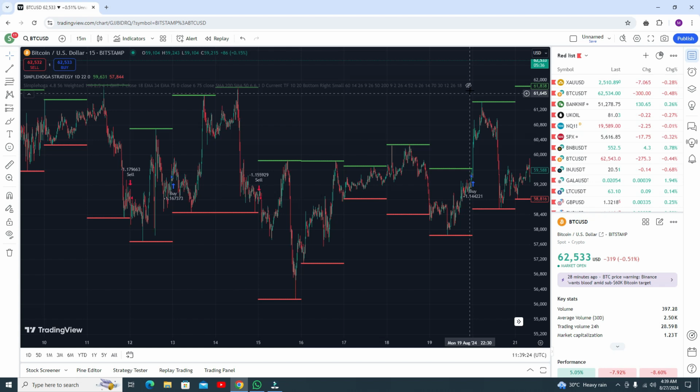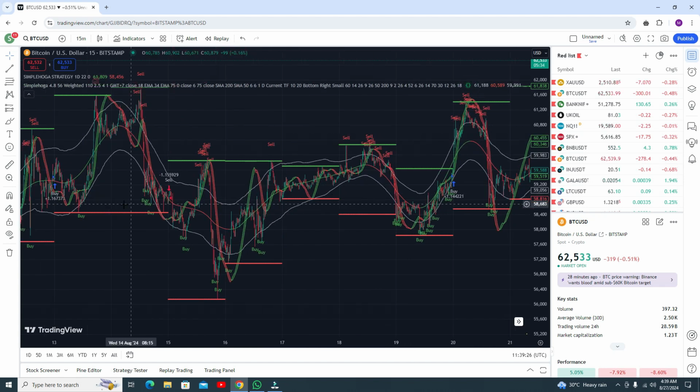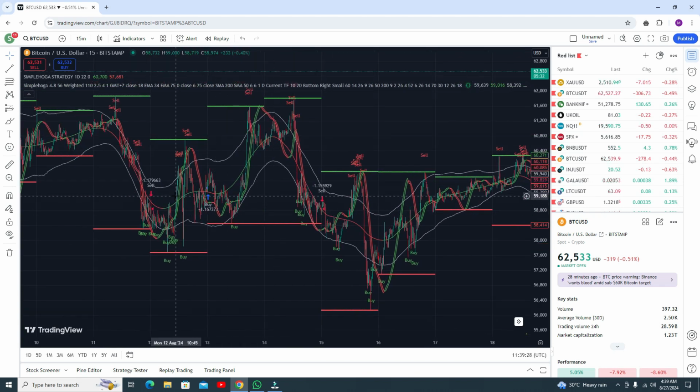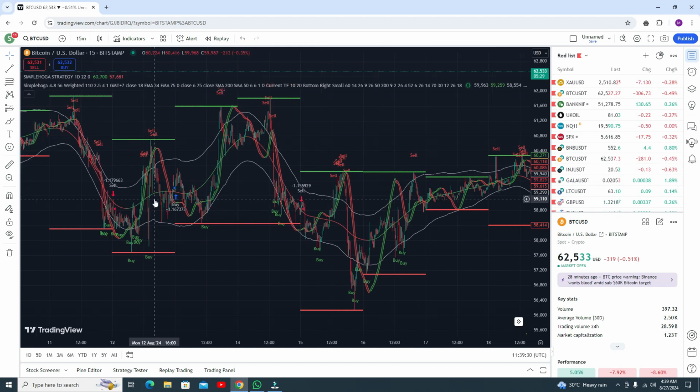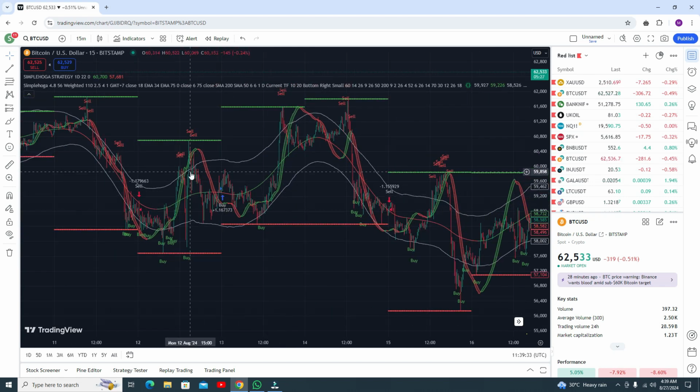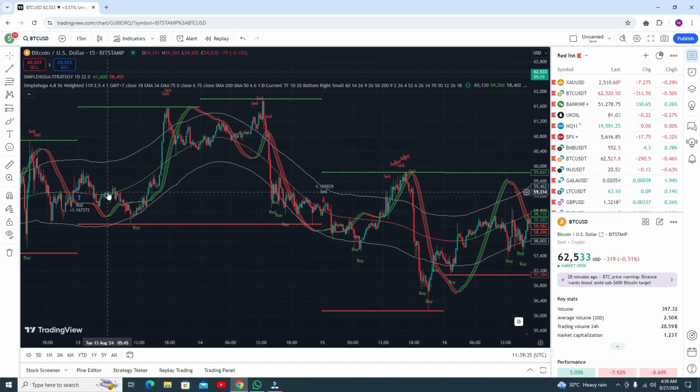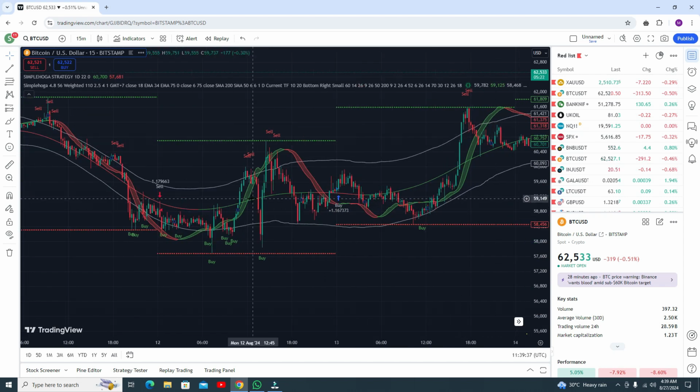But if we add a second indicator, you can see after getting this sell signal you need to go to a sell position from this point. When you got this sell signal, let me show you clearly. From this point you got the sell signal. You do not need to open your sell position from this point. You need to open your sell position from the upper band line. Like here you can go for the sell position, book your profit, again sell, book your profit, or exit your trade at this point.